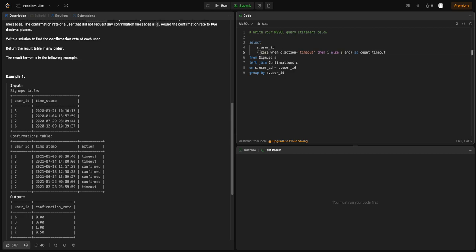Since we are counting all such individual rows where the action is timeout, I'm also going to sum up all of these. So I'm going to say sum of all such records. And the next